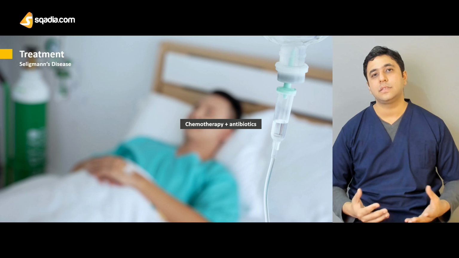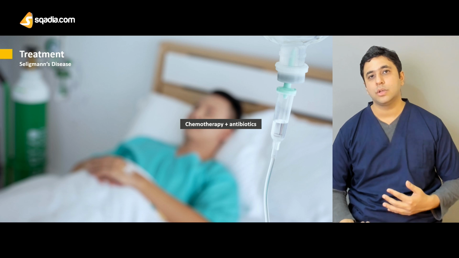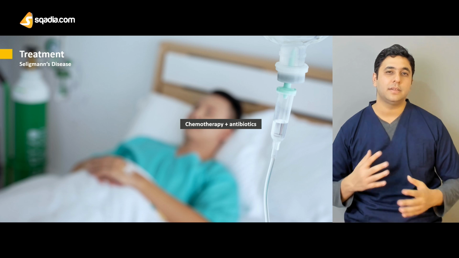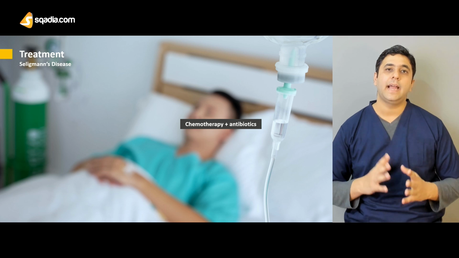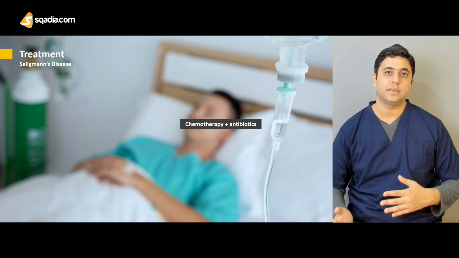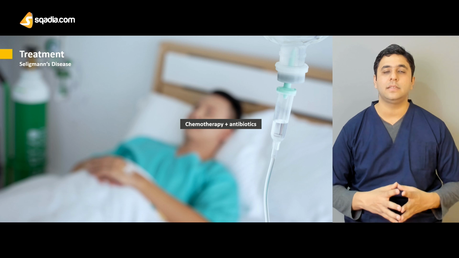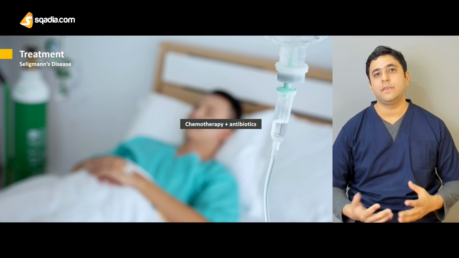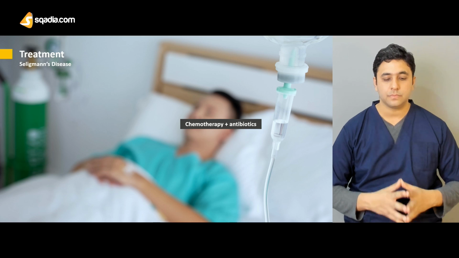We have to replace the fluid. We have to look at the weight loss of the patient. And then we have to look at the overall picture. What are the major symptoms being affected? And so the therapy is basically just like the other types of rare plasma cell disorders. It is a symptomatic therapy rather than a curative therapy. The curative therapy options are generally not available for these rare disorders.